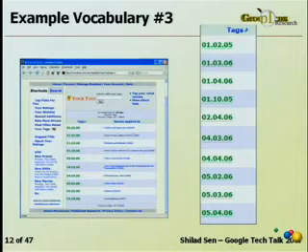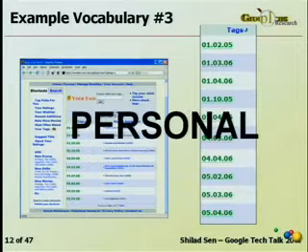And the last type of vocabulary is an example from a website that my research group maintains called Movie Lens. And here you can see this user has tagged movies with dates. And it turns out those dates are the dates that user saw the movie. So these tags are intended just for the user who created them. They aren't really intended for the community as a whole. So I'm going to call this type of vocabulary a personal vocabulary. And again, think about how valuable this is to the community and how valuable it is to the user who created those tags.